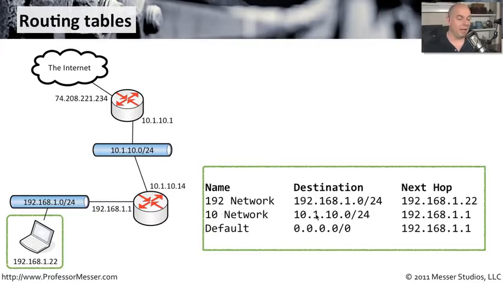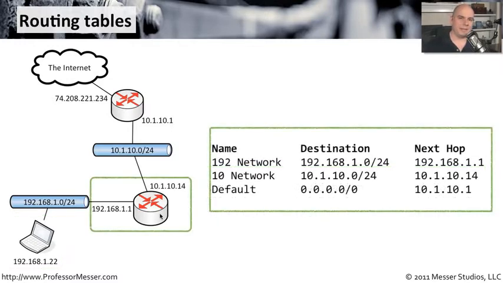network. Now, obviously, I could have taken this 10 network and the default route and combined it into a single route. But again, I wanted to break this out so that we can see the differences. Let's go to the next router that's then up the line and see what the differences are in its routing table. This router is connected to two different networks. It's connected to the 192.168.1.0/24 network, and it is connected to the